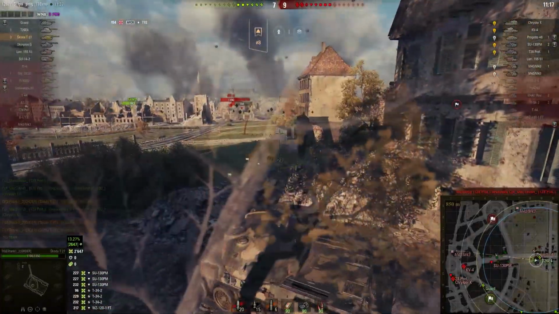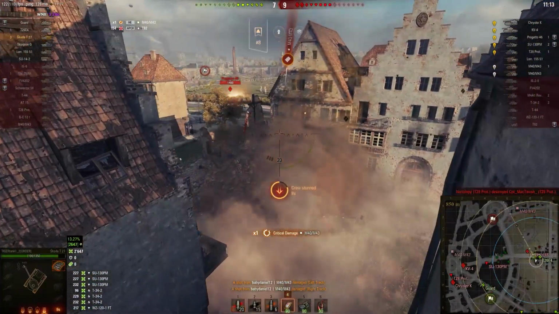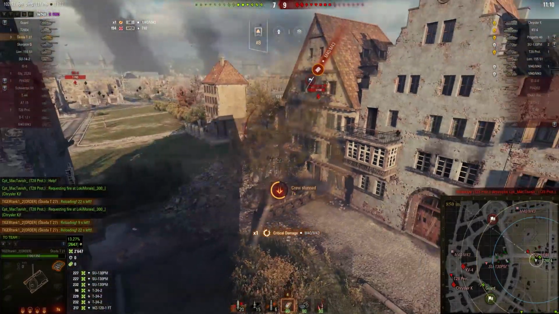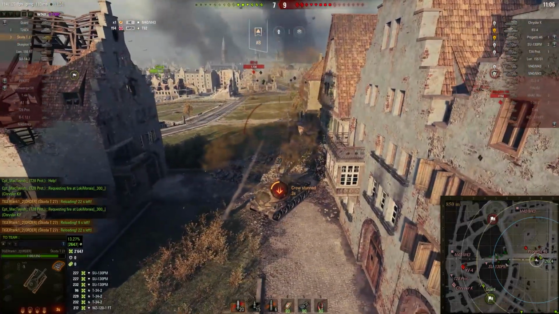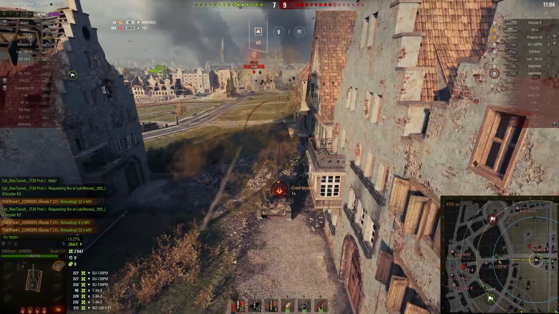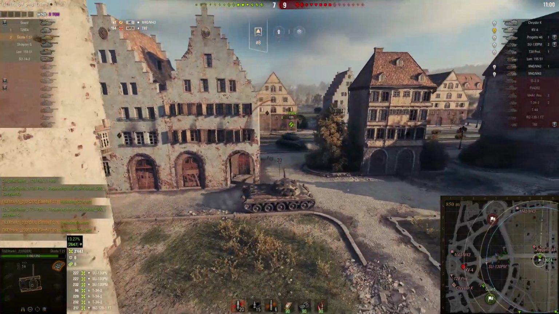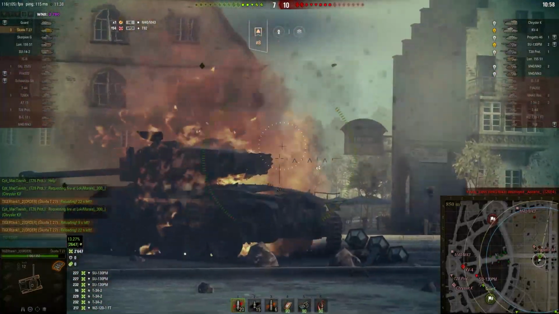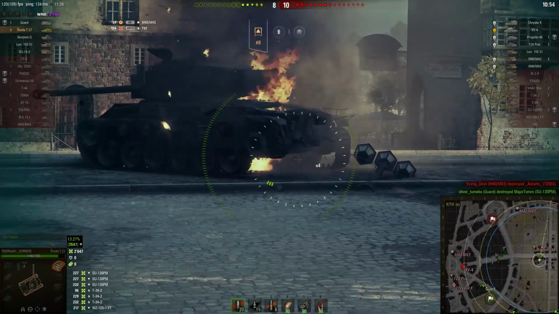But we still somehow lose our FV4202 that was hiding in that little cove, and you can see the amount of tanks that we have lost in that little alleyway is just baffling. 1, 2, 3, 4, 5, 6, 7 tanks, and most of them were dead by the first 2 minutes. And unfortunately, artillery on the enemy team just knocked out our